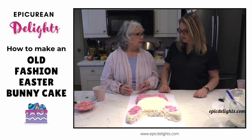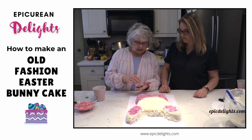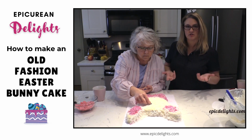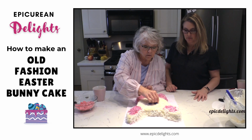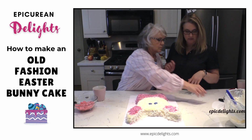So what are we using? We are going to use candy melts for the eyes. I just took some candy coating, which is Guittard, and then we also have the Wilton candy melts. So Mom is using the blue Wilton candy melts for the eyes,